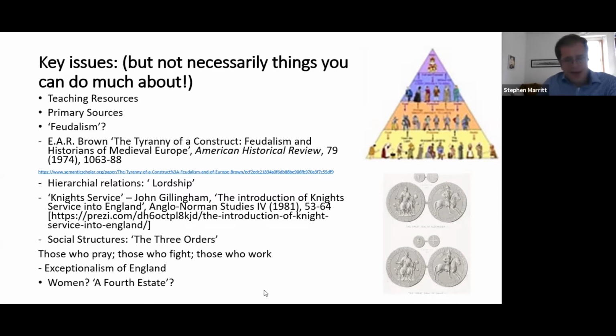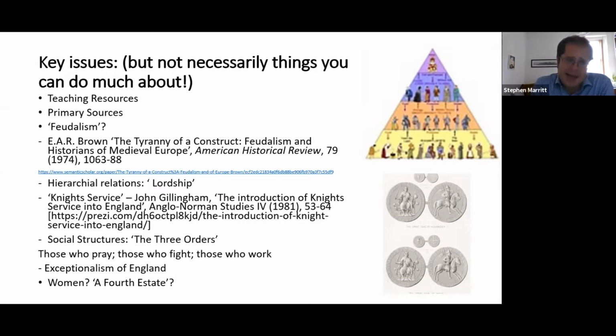There is stuff in England through A-levels and various places like that, but a lot of it is aimed at primary school children and castles and knights and that kind of thing. So there is a limited amount of stuff out there to make your lives easier. So that was one thing I noted.